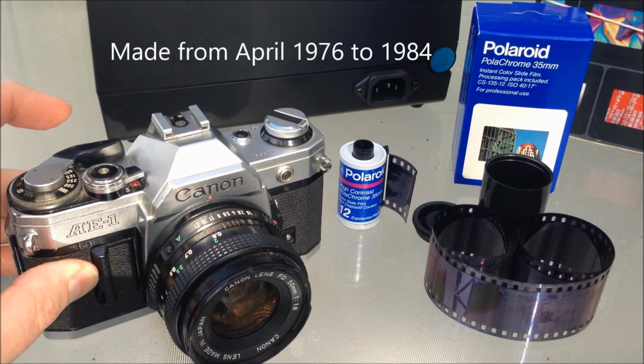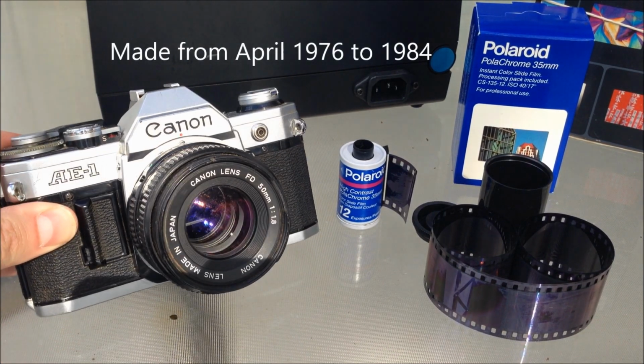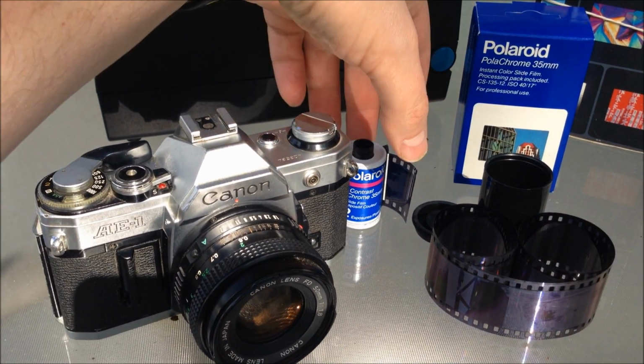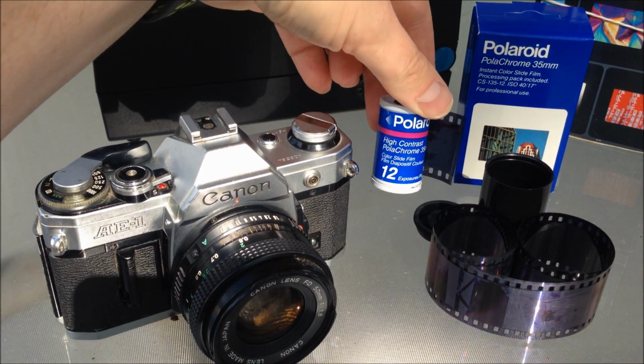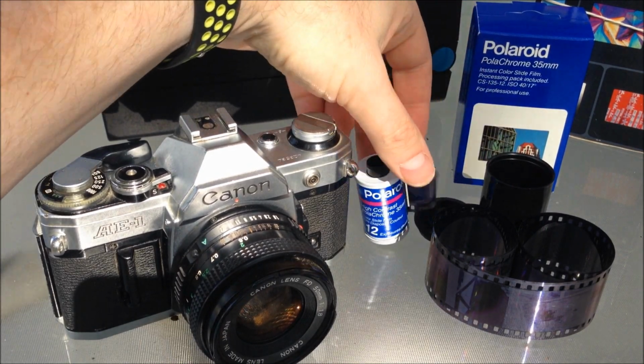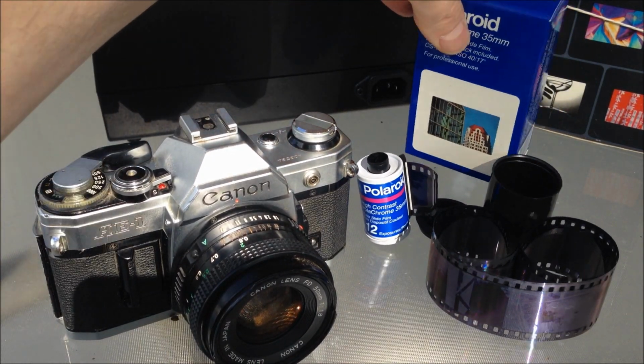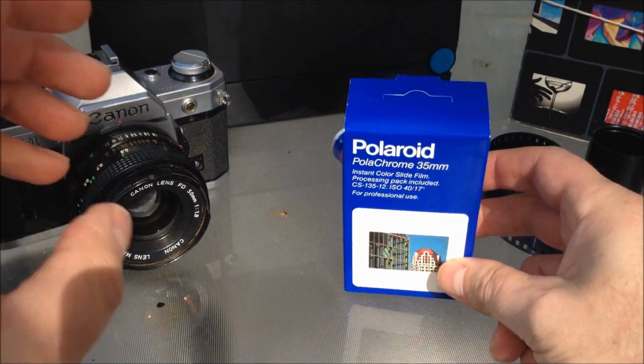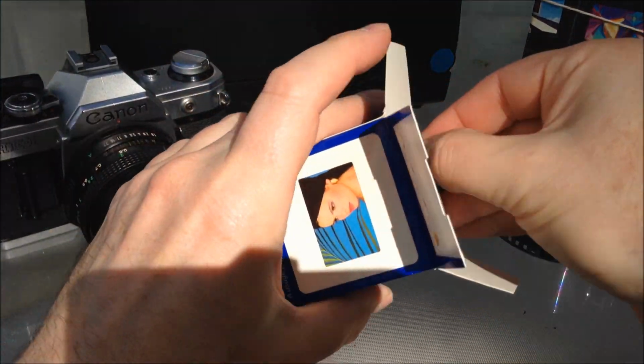Here's the camera you've been looking through this entire time. Now we're looking at the outside of it. This Canon AE-1, it's a bit roughed up for its age, but it still works. Here's the developed film. Here's the original film roll that I used. Here's the brand new roll of film I got. So I want to kind of give you guys an idea of what that looks like. What's in the package? We have